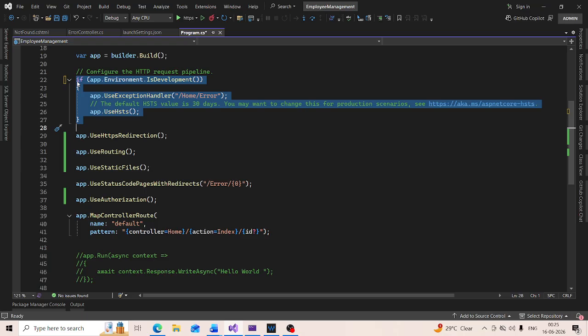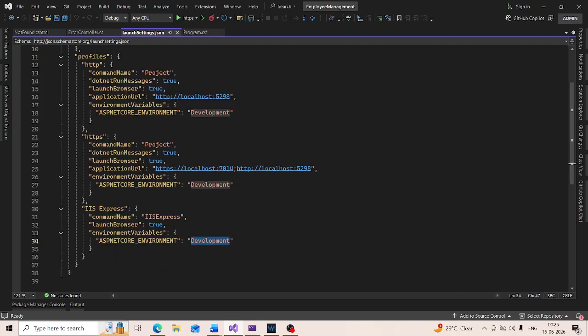In our case, since our launchSettings.json sets ASPNETCORE_ENVIRONMENT to Development,